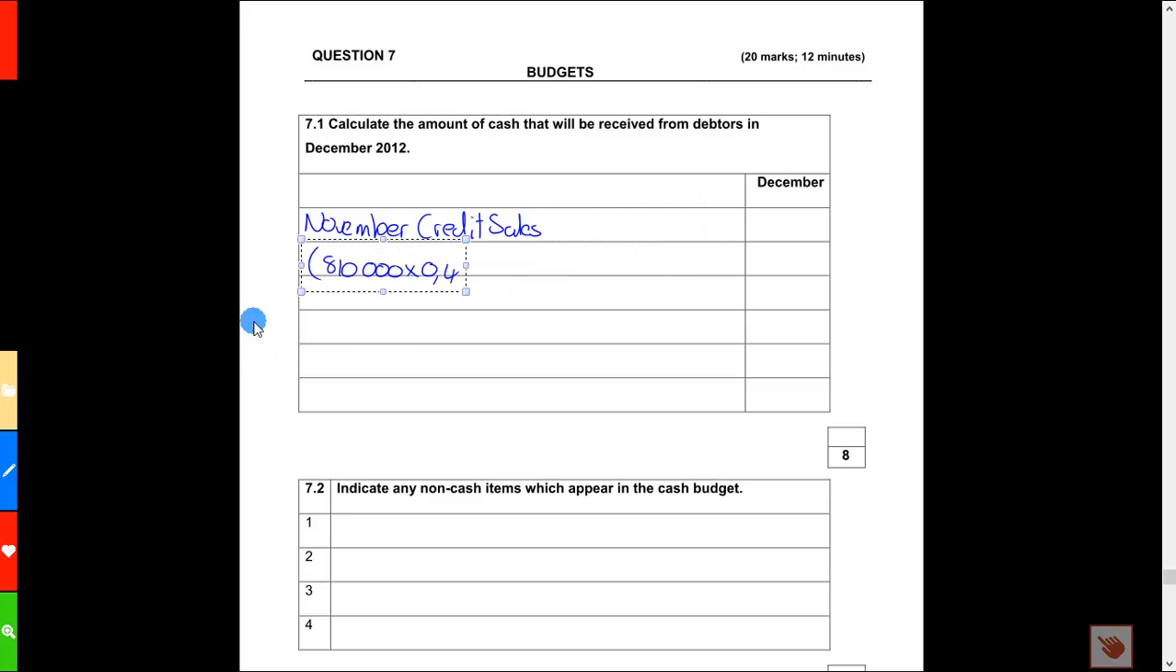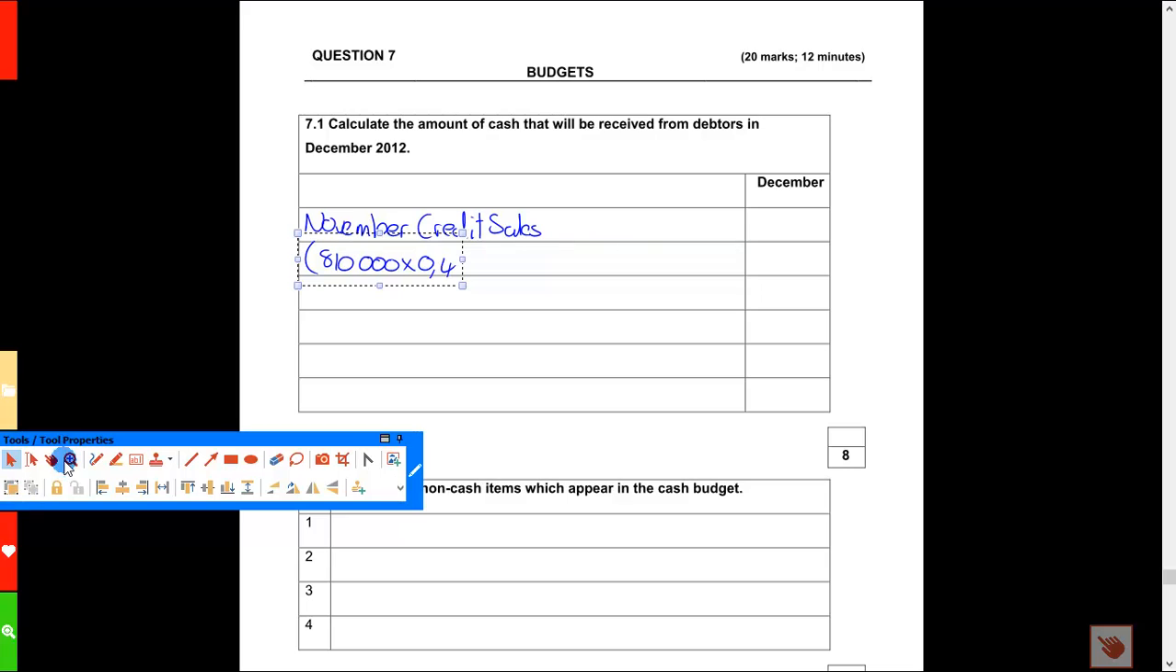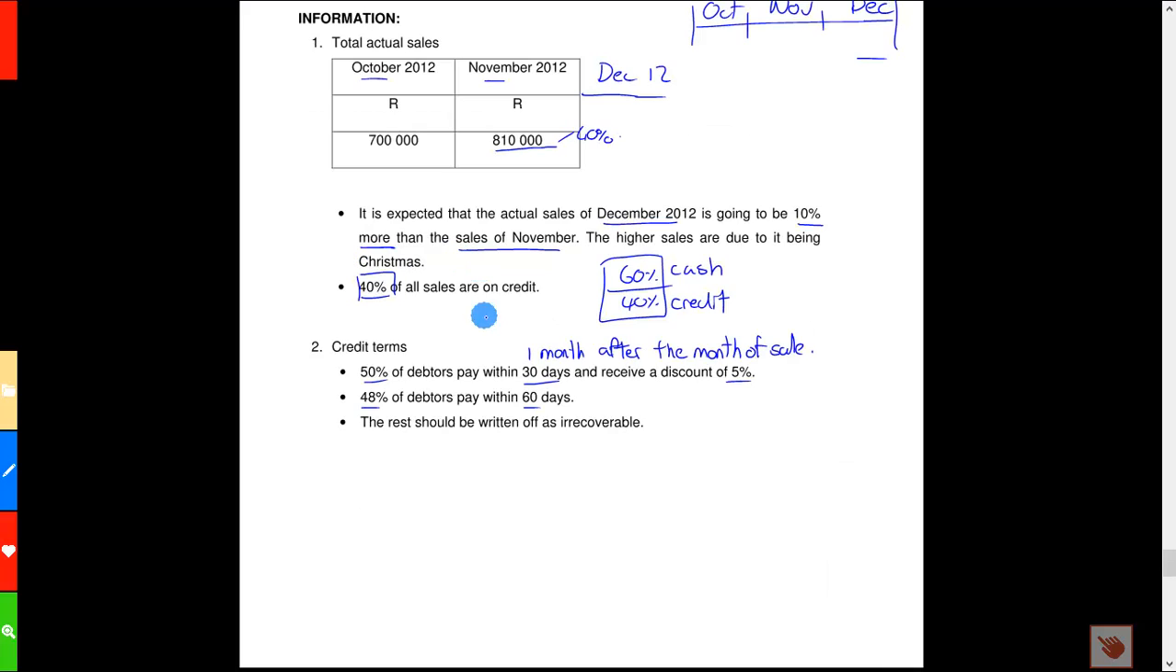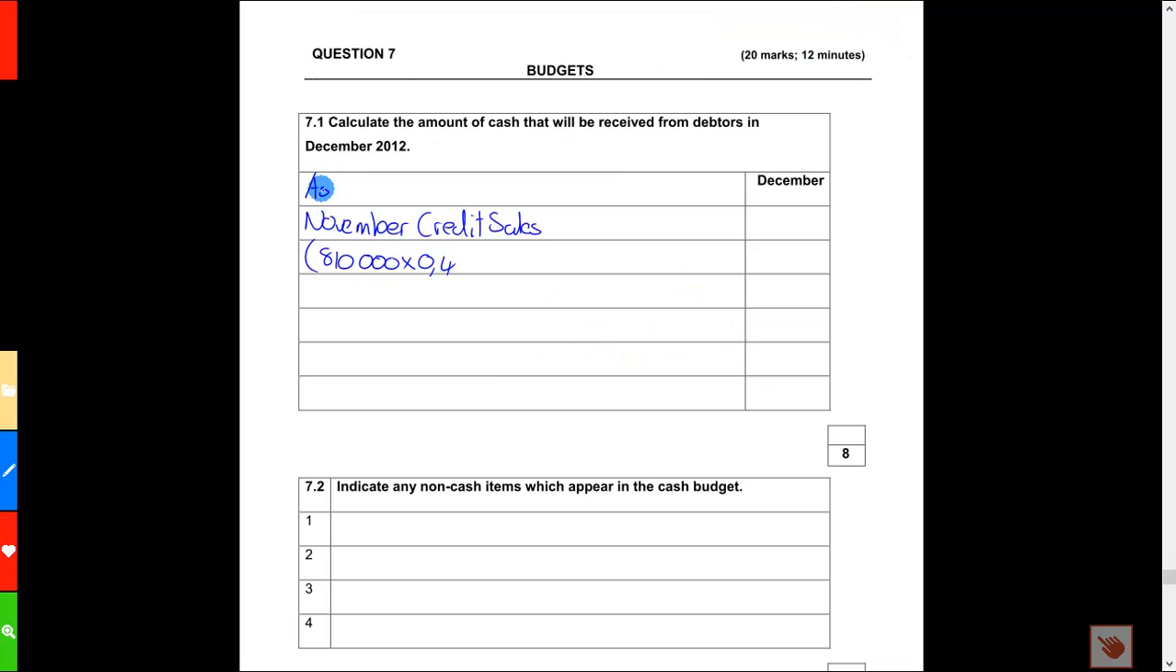And let's just move it there. 810 times 40%, that gives us the credit sales. Of this amount, 50% of that will be paid within 30 days, and we assume credit sales are made near the end of the month, and will thus